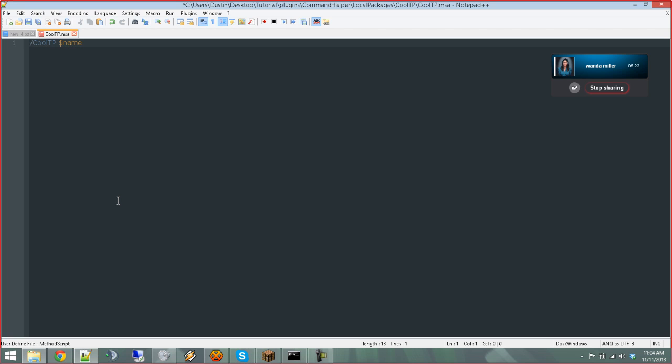And one more thing back here, to make sure everybody can use it, you can type in a permission node here, for instance, teleport. And then the permission node would be CommandHelper.alias.teleport or ch.alias.teleport. But I want everybody to be able to use it for this, so I'm going to make an asterisk, which just means that anybody can use this command. /CoolTP $name